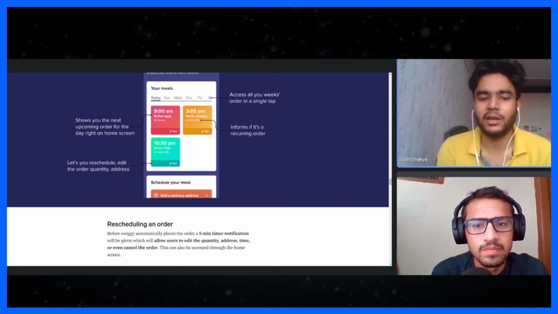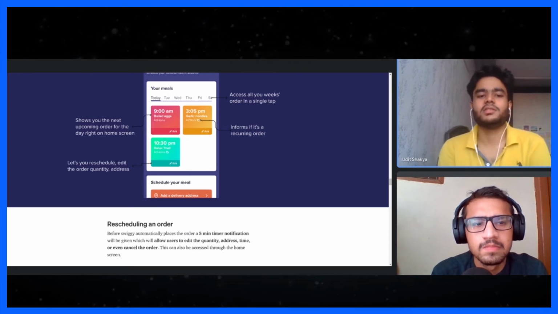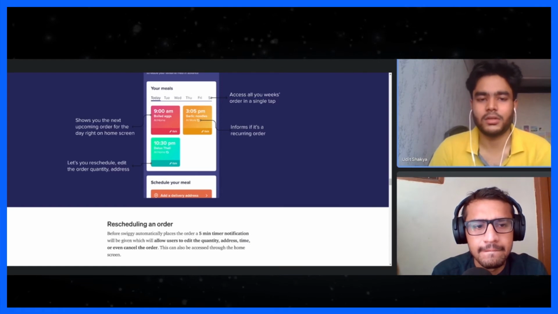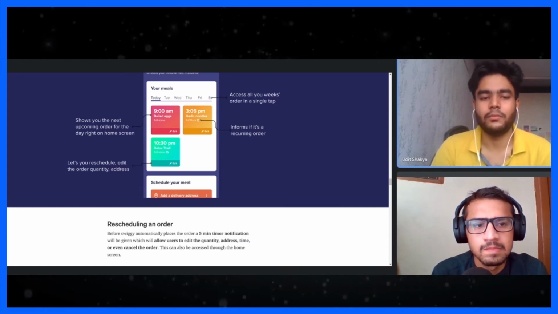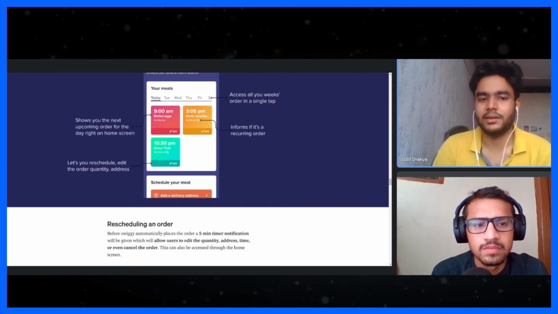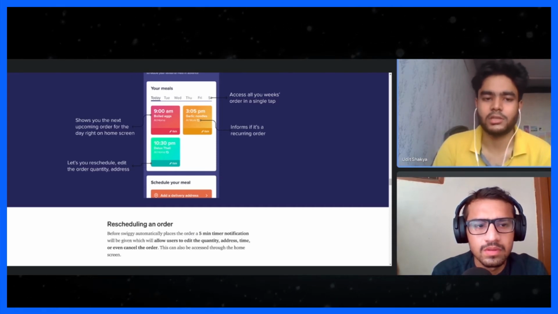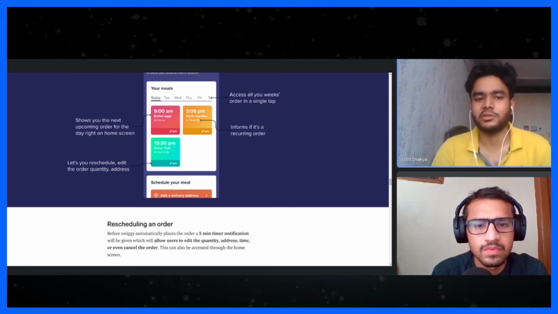The schedule your meal section has moved a little bit down, and this card has appeared at the top of the screen, which clearly tells you what the next order is, where it is going on your location, what the order has in it, boiled eggs or some other stuff, and at what time it is going to come.